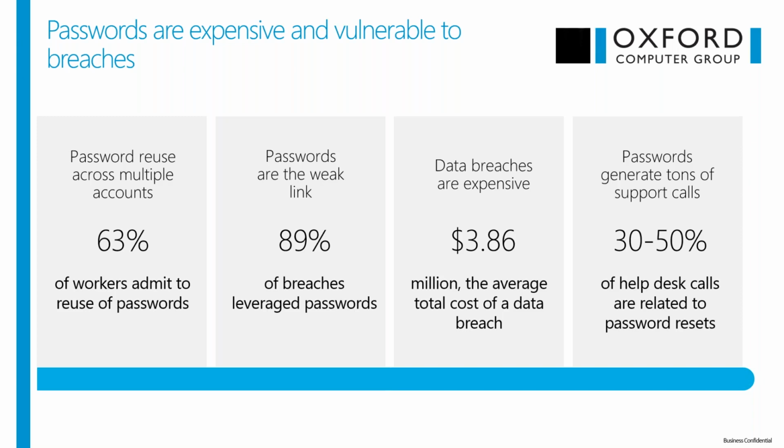But as far as passwords are concerned, we know the problems, right? 63% of workers admit to reusing passwords, and reused passwords are the number one vector for how credentials are stolen and misused. Passwords are in 89% of the breaches that the Verizon report studied. 89% of the breaches were due to leveraged passwords, stolen credentials, hacked credentials, phished credentials. And so we see it represents a huge vector and an easy vector